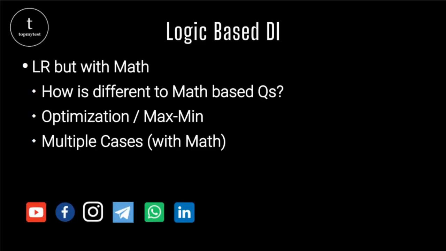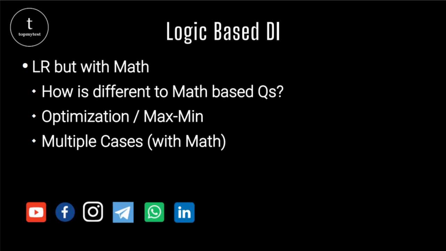Now, there's a lot of confusion with what gets classified as logic-based DI problems, right? Obviously, it is logical reasoning with some amount of math thrown in. So how is it different from the math-based questions that we have a session on earlier? How I differentiate between a math-based problem and a logic-based DI is that in a math-based question, the key factor is the math involved. As we have seen earlier, there might be some mathematical concept like probability or counting methods or properties of numbers or averages, alligations, and so on. So that is the hero in that particular sort of sets.